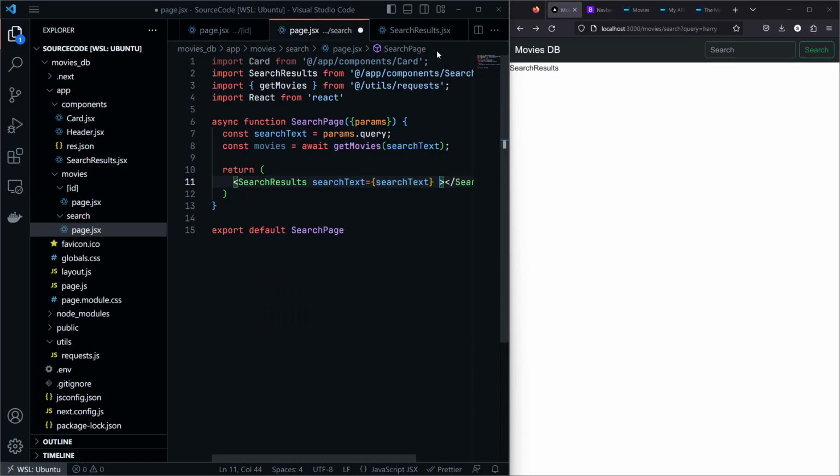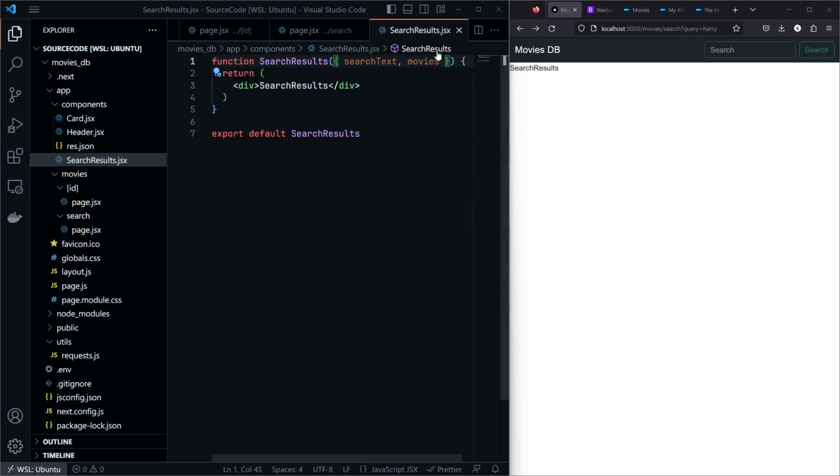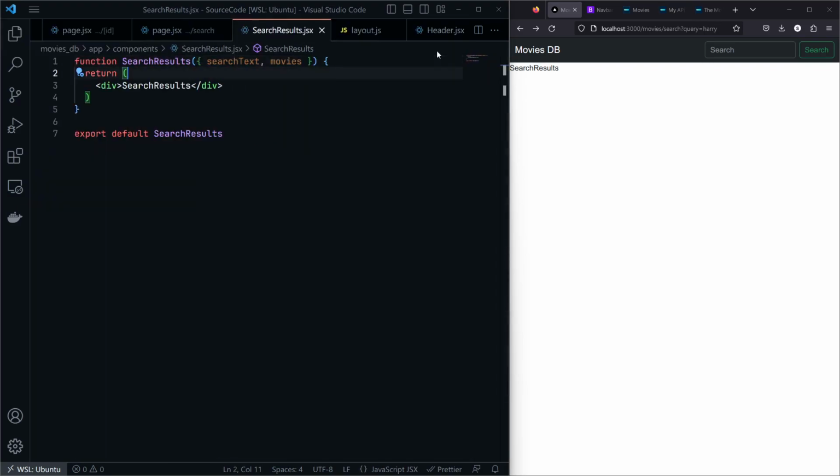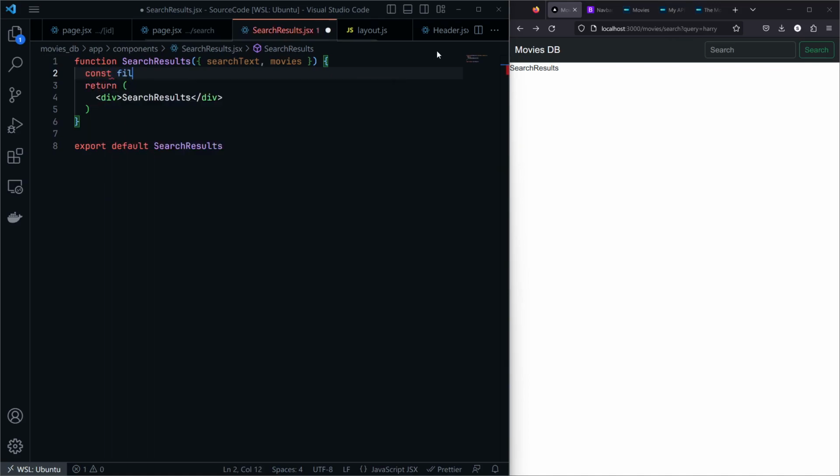Please save. So we are getting both of those, and here we will first initialize a variable called const filtered movies,